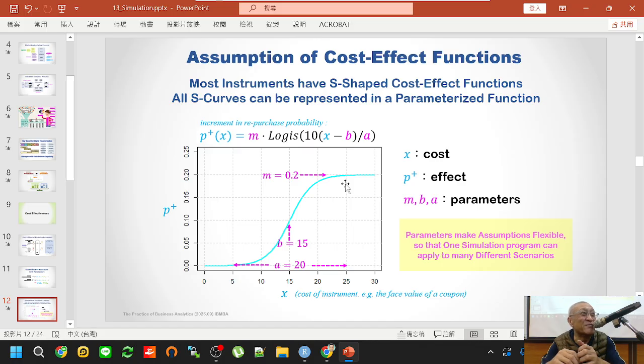We learned from Economics 101 that there is a thing called diminishing marginal effect. Still remember that term? So when the cash coupon rises to a certain point, somebody just won't use a coupon no matter what. When the money reaches a certain level, it flattens out. So that is what the S-curve is.